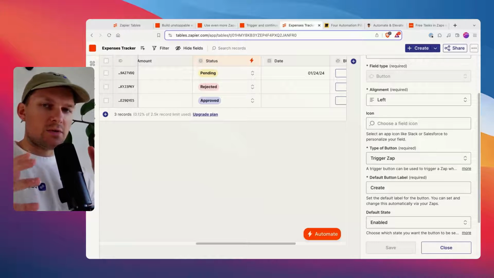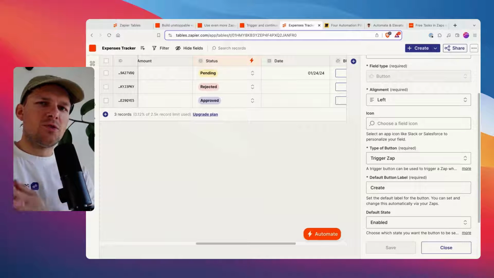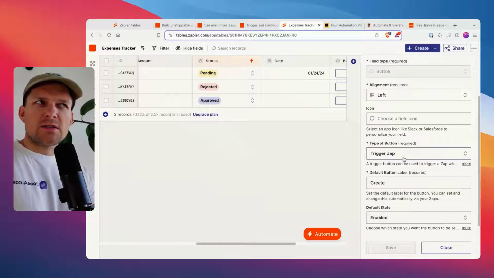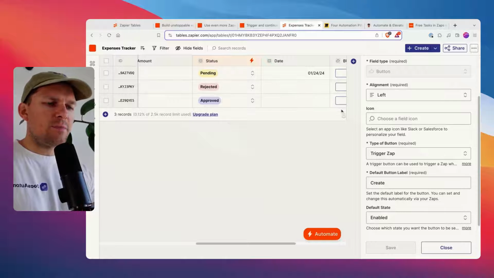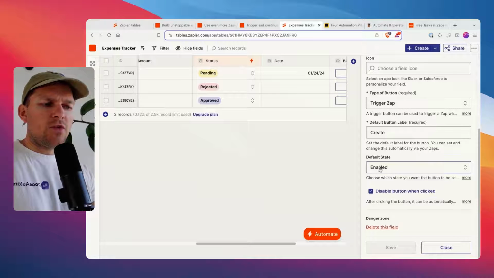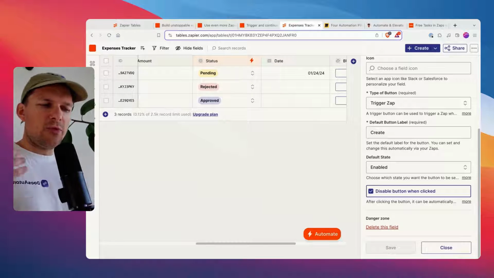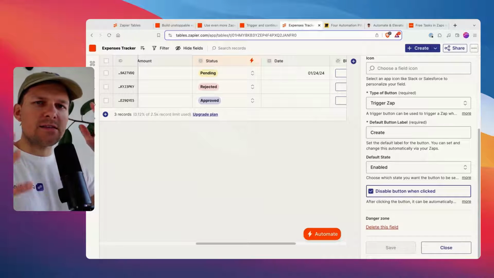I think buttons also in Airtable is something that is traditionally underutilized. So users are not using it enough with what's possible with buttons. And I mean, buttons is really what's at the core of interfaces also, right? You have buttons to say okay, to save, to do something. So really interesting to see that Zapier is putting so much emphasis on that, and it makes a lot of sense to me. And another thing that they do here is they say what's the default state, but also should it be disabled when clicked? So that is something we're really missing from Airtable at this point, where you can just click a button again and again and again, at least in